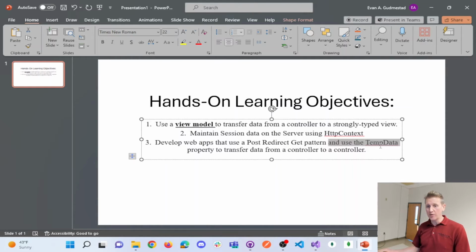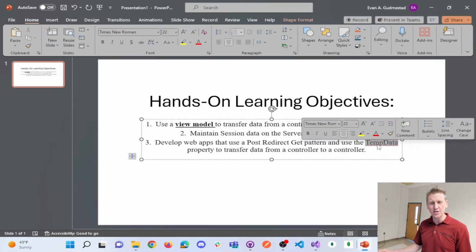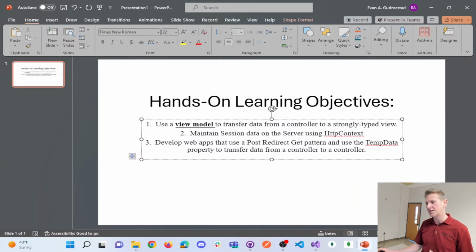We're going to use temp data to transfer data from controller to controller. And so temp data is exactly what it sounds like. It is a property that you can put data in, and it stays there until it's read. It's a variable that stays in the server memory temporarily, just until it's read. And there are different methods to maybe persist that data longer than it is set to by default. But let's